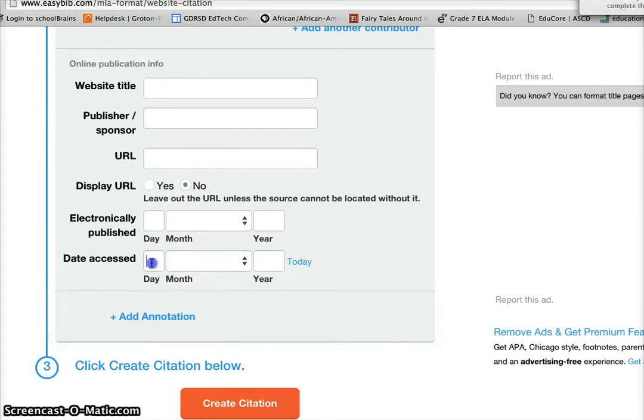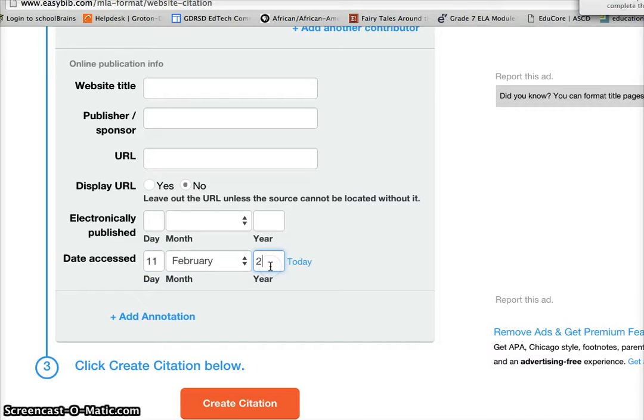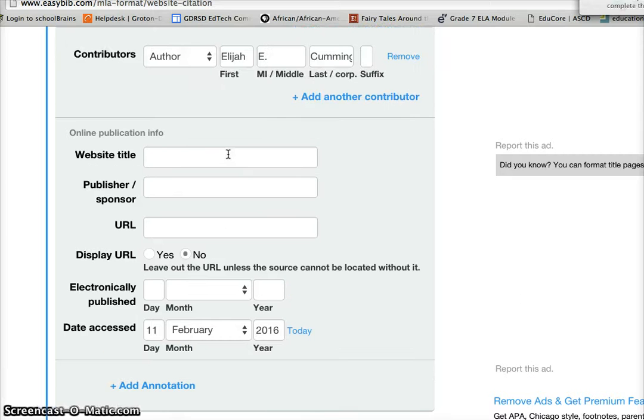So the date accessed would be sometime in February. You can put today's date if you would like. So today is the 11th of February, 2016. This information up here, if we were using like another research project or something like that, you would type